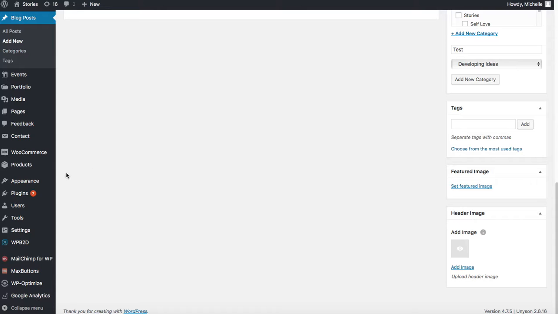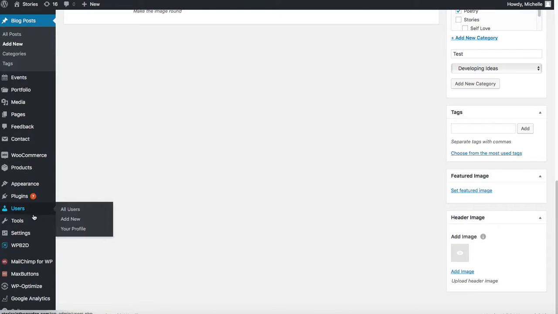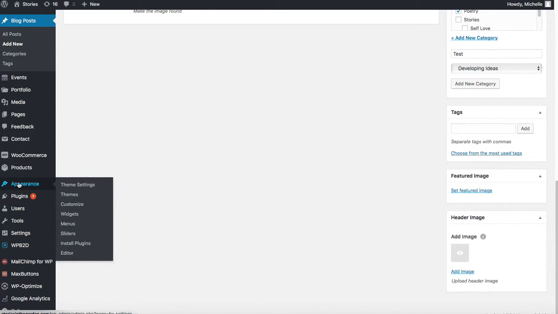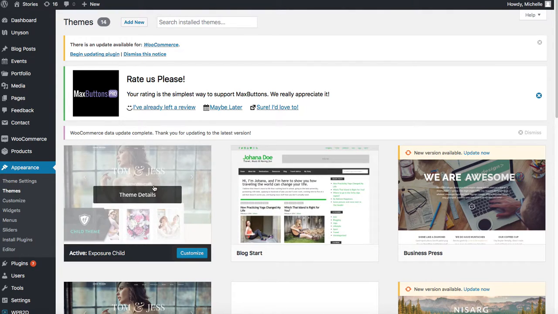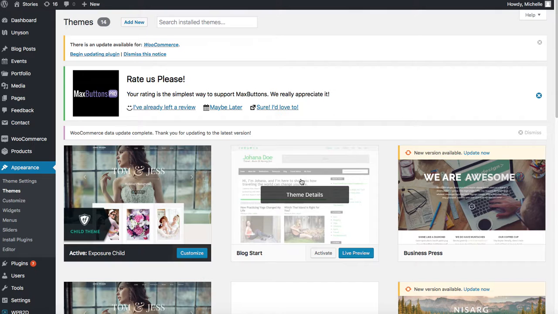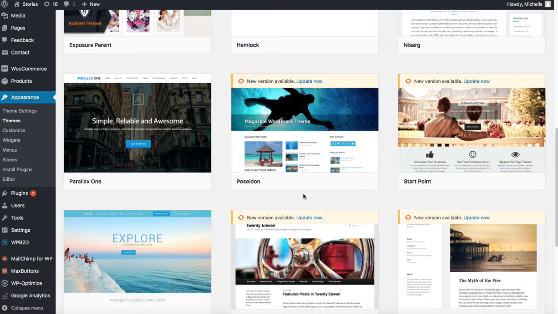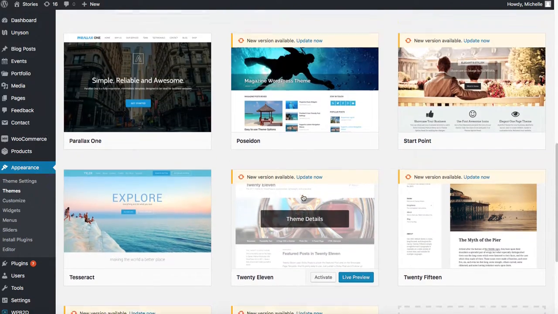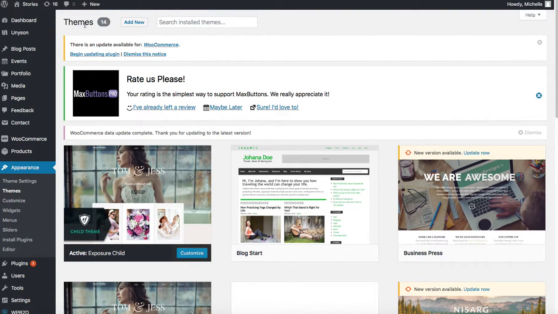Probably when you first log into your WordPress website, you're going to want to go to your Appearance tab and go to Themes and pick a theme. Like right now, I'm on this Exposure Child theme, but there's a whole bunch of other free themes that you can choose. Here's some other ones that I've tried out, because I tried out several before I decided on this one. I could probably remove those now, but what you do for a theme is you go to Add New,